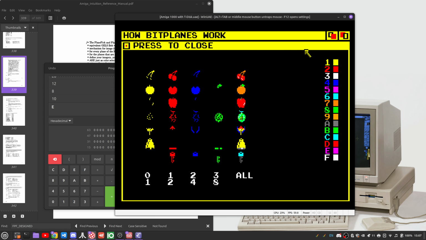But you can see now that this cherry graphic, with all of its bit planes on, is made up of 3 separate bit planes: bit planes 0, 1, and 2. You can see that bit plane 1 here has the body of the cherry, and so that corresponds to color number 2. And you can see that the highlights are here in bit plane 0,